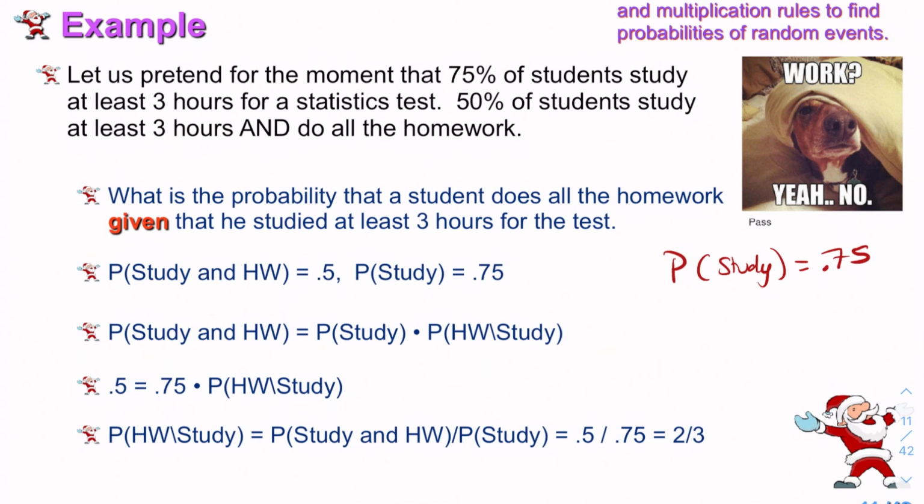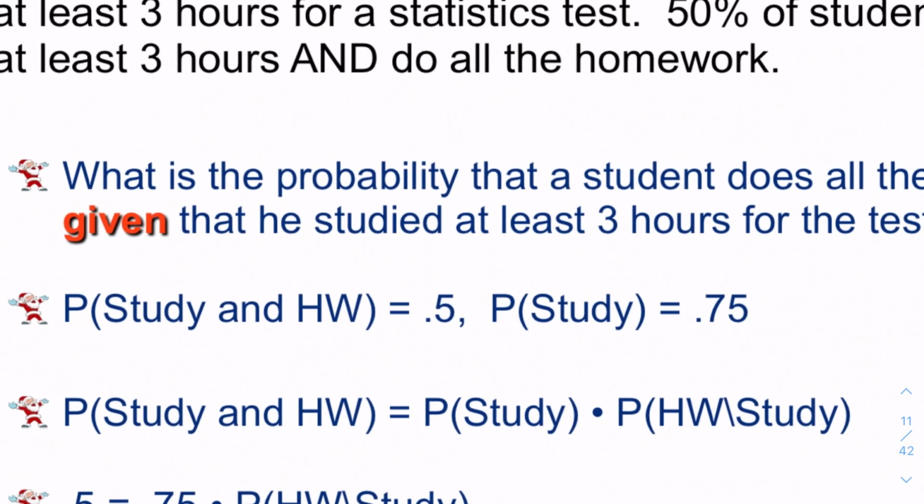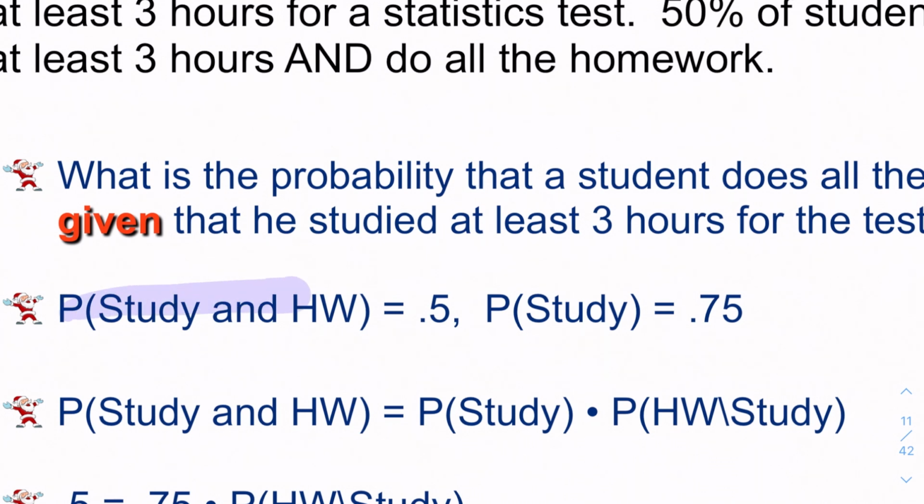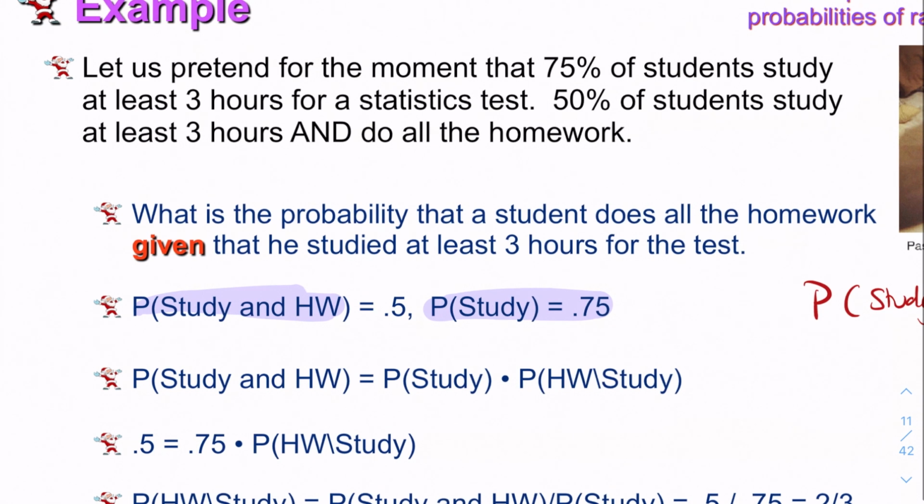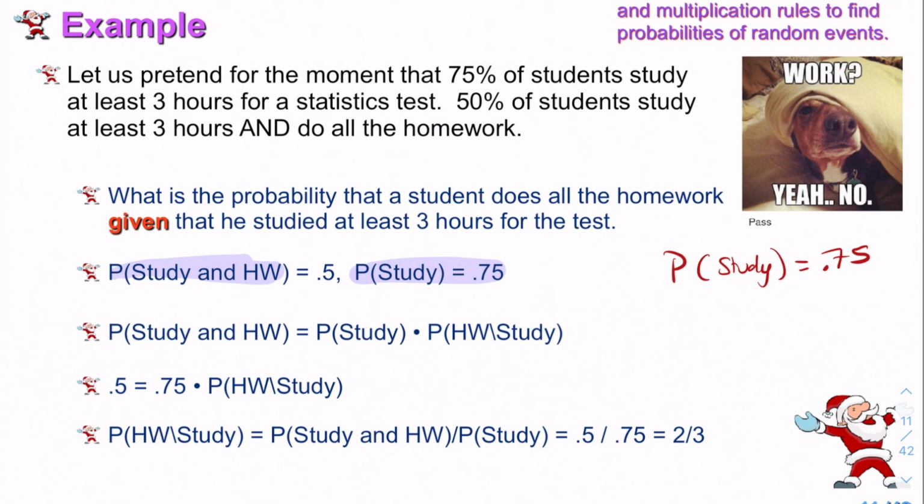There's a 50-50 shot, or 50% of the students study at least 3 hours and do the homework. So we have the probability of study and homework is a 50-50 shot. We have the probability that they've studied is 0.75 for at least 3 hours. We know that from our conditional distribution setup, we said the probability that person studied given they did their homework